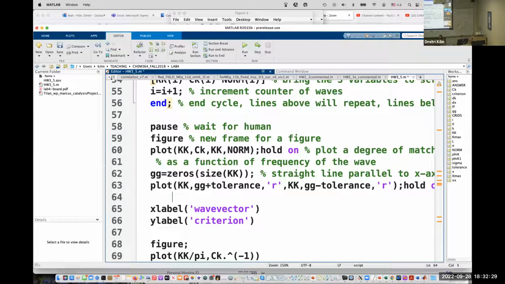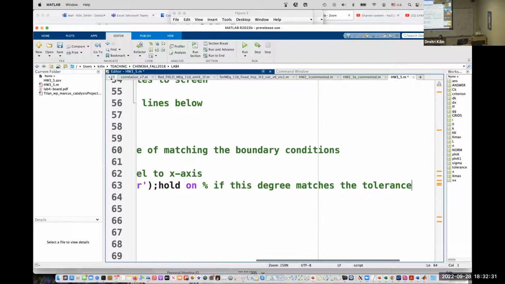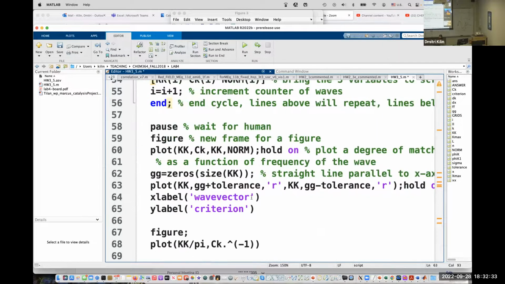So next two lines, we are almost done, right? So just label the x-axis, label the y-axis, figure new frame. And here we do plot